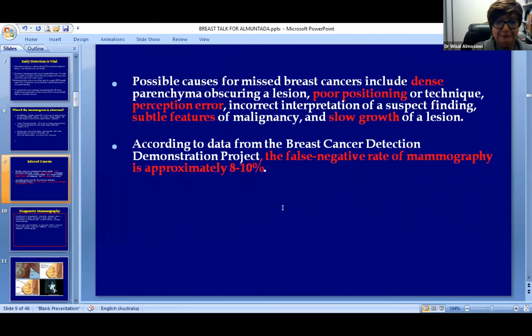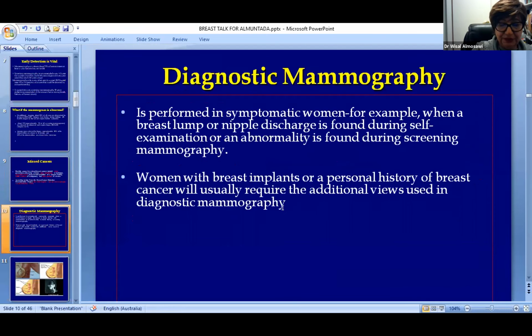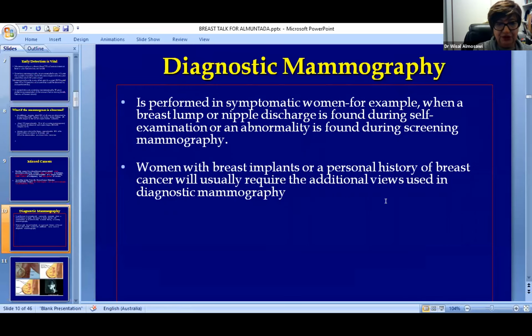these factors I mentioned. So we talked about screening mammography versus diagnostic mammography. Screening, when you send them to screening center, they don't see anybody, just the technician. And then if you need workup, then they send them back for diagnostic mammography, where we do X-ray images, we do compression magnified views, we do ultrasound, we examine the patient, and we might even need to refer them to a surgeon. So that's the difference. Another important point is a woman with breast implants or personal history of breast cancer will usually require additional views anyway, so they have to go to diagnostic imaging.